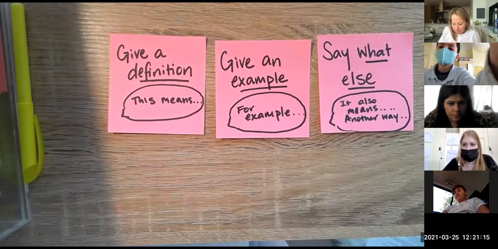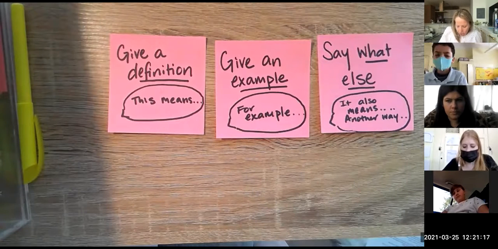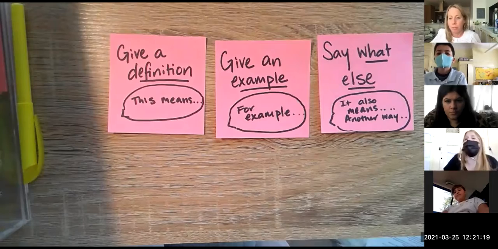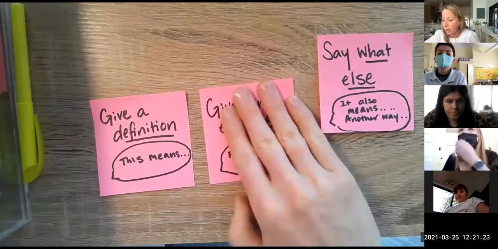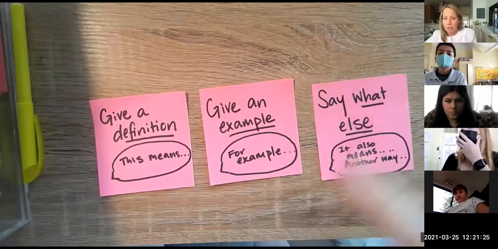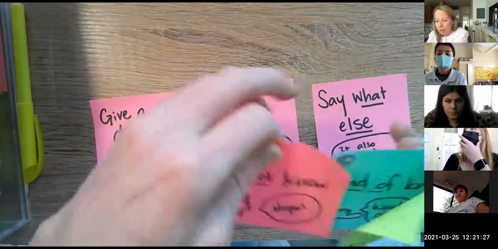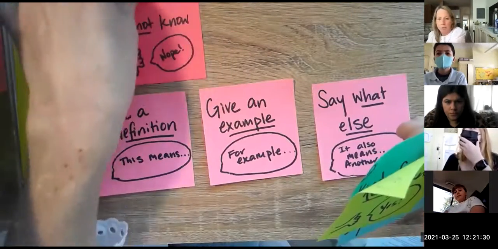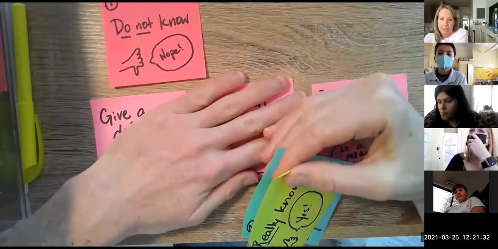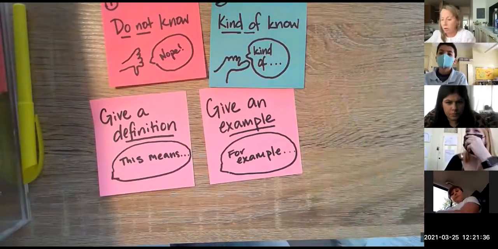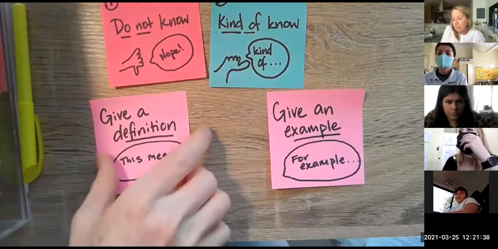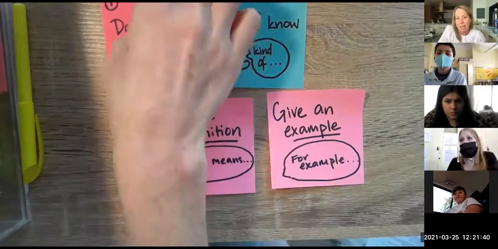Can I show you guys something that I'm trying to do? So when I look at words, and teachers, that was just a really brief warm-up, honestly, to see how we did with the academic vocabulary here. But fifth graders, Muhammad, when you said actually never mind, if it's a number 1 word and we don't know it, that means I can't say any of these things. If it's a number 2 word, usually I can give both of these things. I can give an example and give a definition.